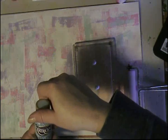This color is Blue Haven, so that way you guys know. If you want to copy the same colors or just do it similar, just get pastel colors and do it similar. So the other inspiration of this was